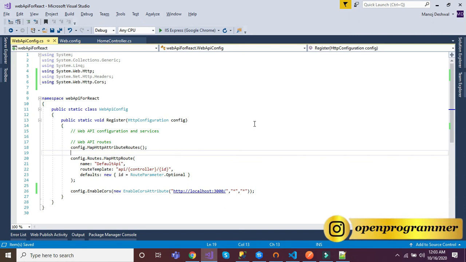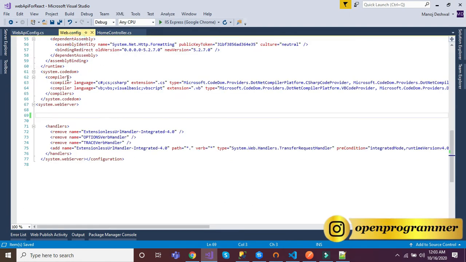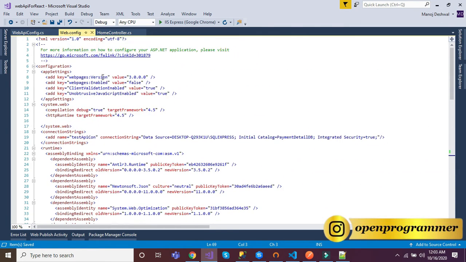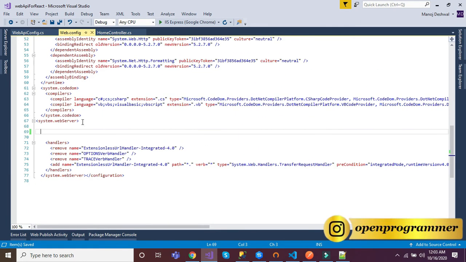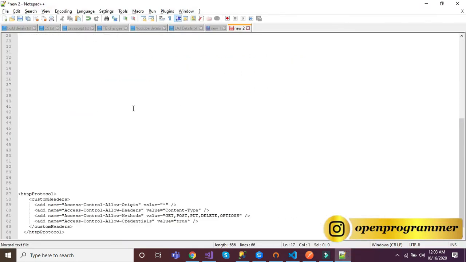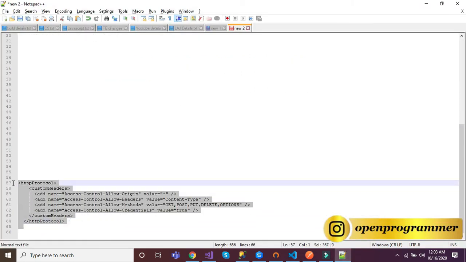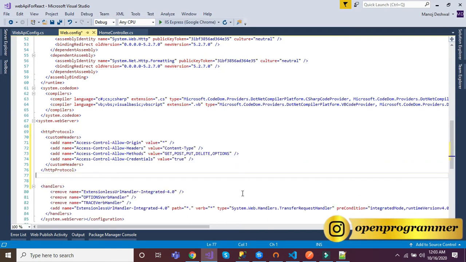Let me show you another way, that is using the web.config file. In the web.config file, we need to search for the system.webServer tag. We have to write some lines of code, so this is the code. Let me save it.